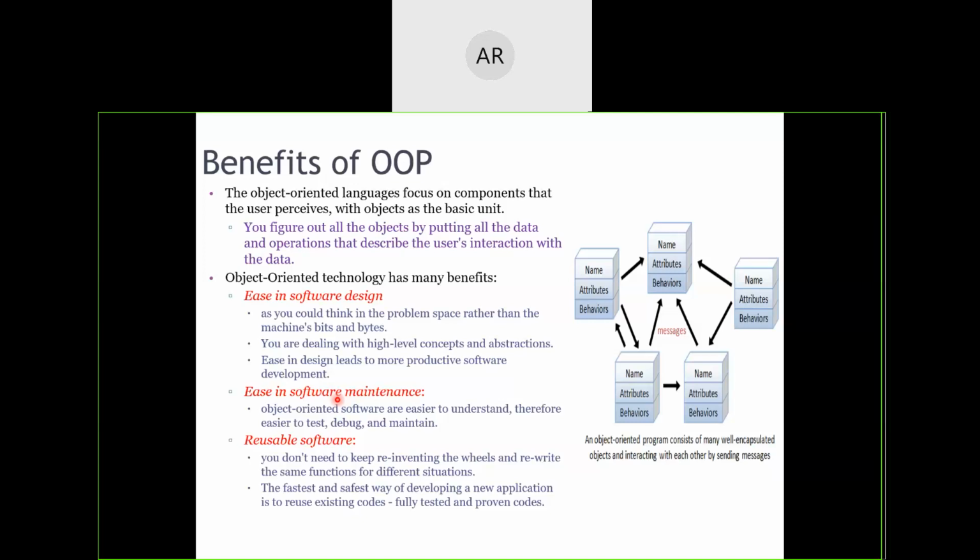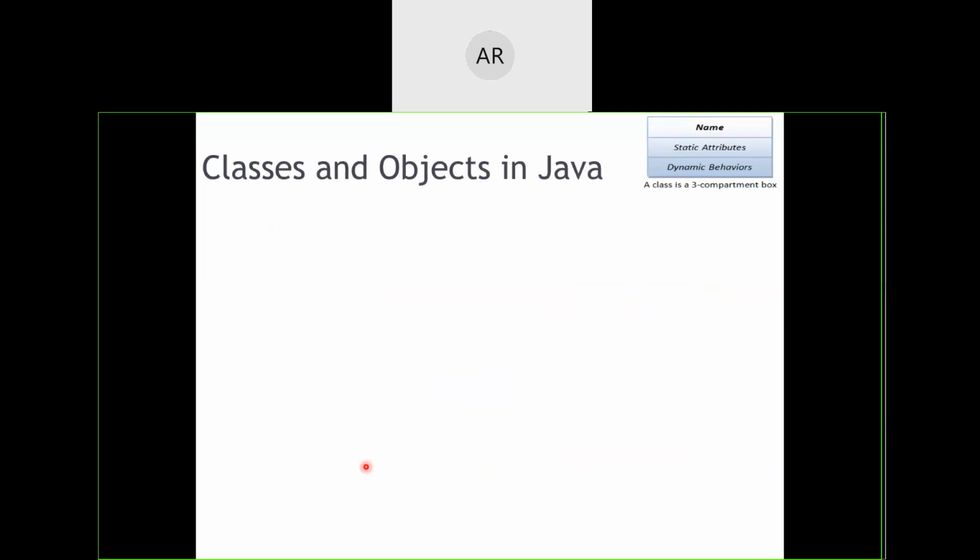Suppose there are n functions written in the procedure-oriented manner, and something is to be changed in one of the functions, then that change should be brought into all the n number of functions which were related to that particular main function. So all that headache is there. So ease of software maintenance was not there in procedural-oriented programming. It is there in object-oriented programming. And reusability, anyway, I have spoken about that. Okay, so please go through that slide carefully.